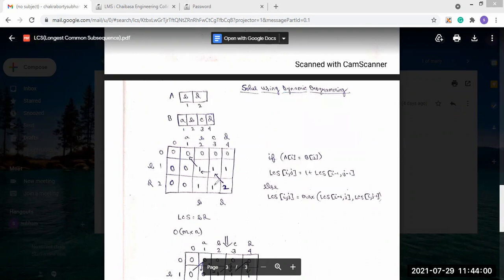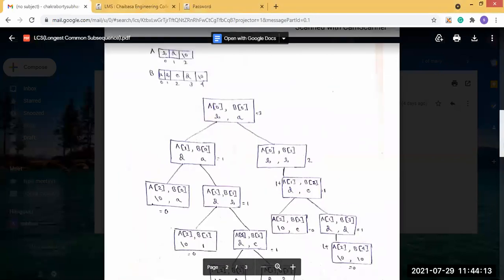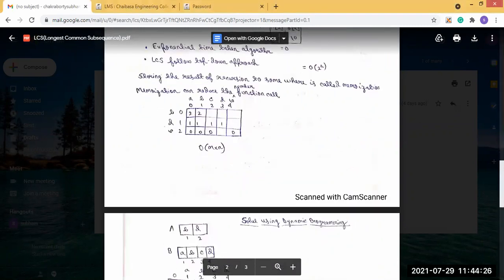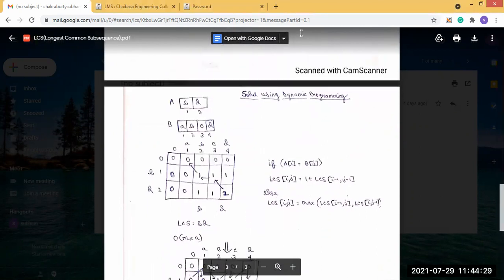So now in this table, you see, same as in the recursion. In the recursion, the value we get in the tracing tree, maximum value, that is, you see, 2. The maximum value I get, that is the 2 here. So using dynamic programming also, we get the maximum value. We get the maximum value as 2. So this 2 is the maximum.